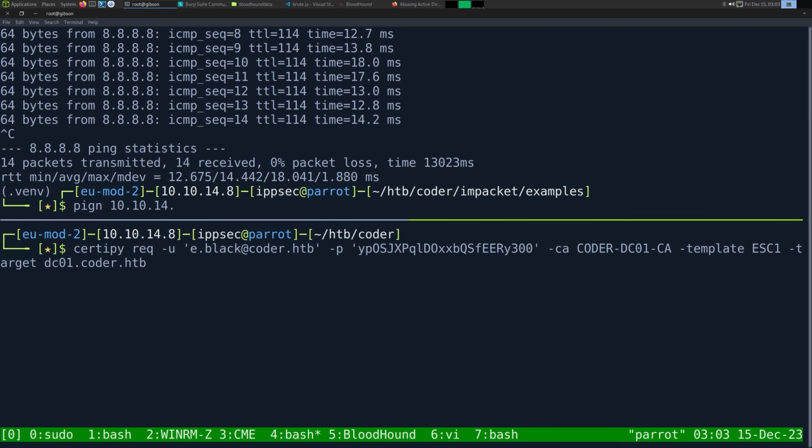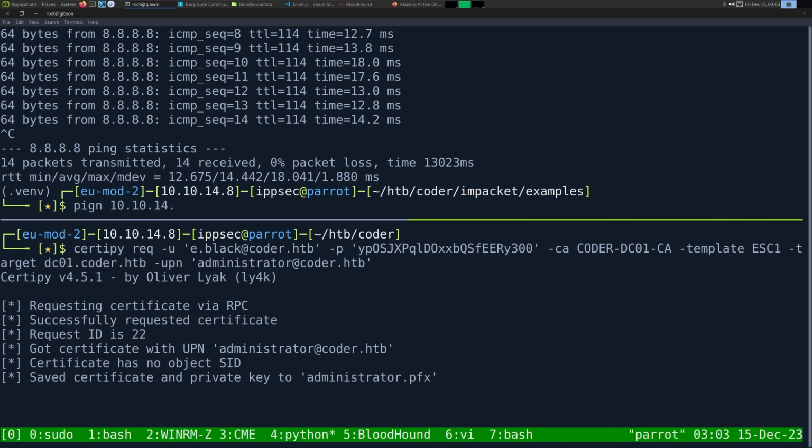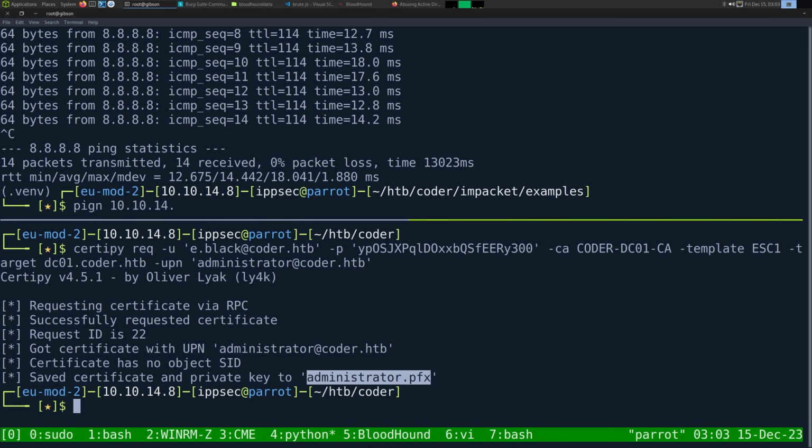When we request this, we also have to specify the user we want to impersonate. So let's do administrator at coder.htb. Okay, so now we save the certificate to administrator.pfx. So if we do this,